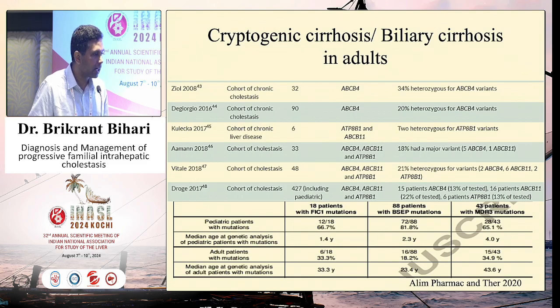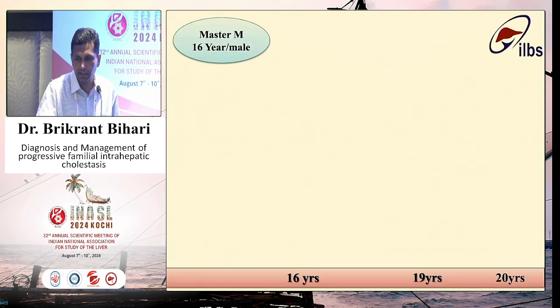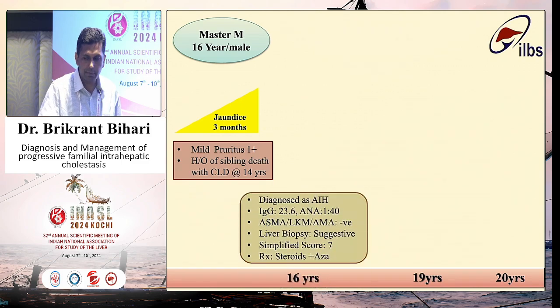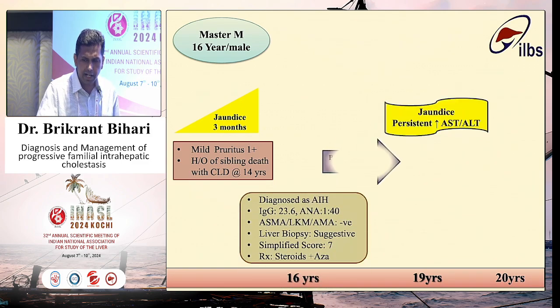And the last part is cryptogenic cirrhosis. When you have cryptogenic cirrhosis or any cirrhosis not responding to treatment in adults, then look for these mutations. You may find them in heterozygous state or even in homozygous state in as many as 18 to 30% of these cases. I will not go into this case in detail because the time is short, but to summarize this case,